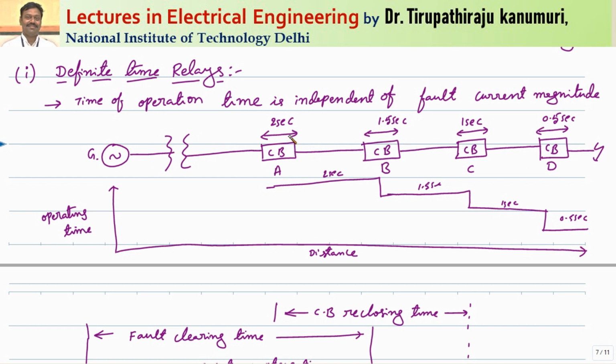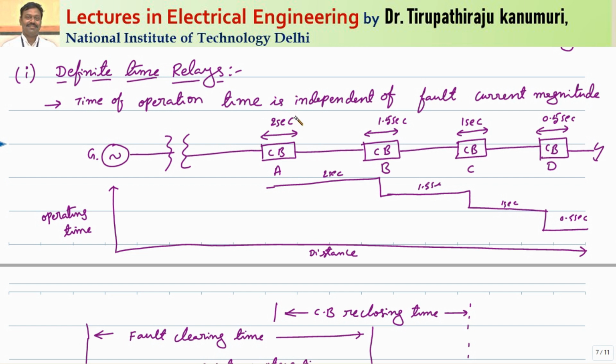So that will lead to an increase in the time of operation, that creates the problem. That means the fault current goes on increasing as the fault happens nearer to the source, but here the time is opposite, it is taking more time when the fault current is more. So there is a chance your system may be damaged or a stability problem comes. This is the major disadvantage of this.